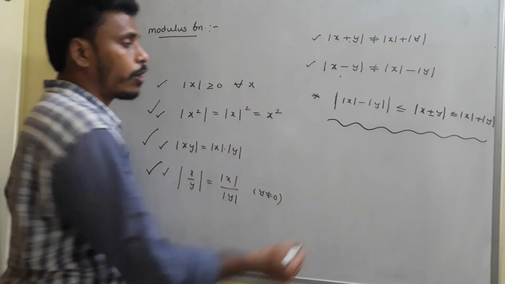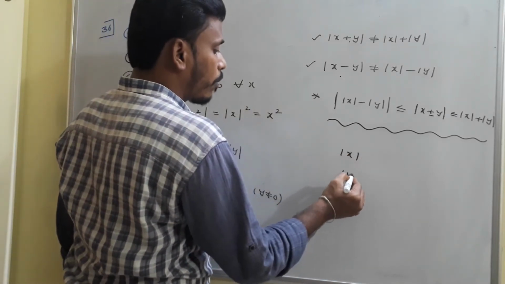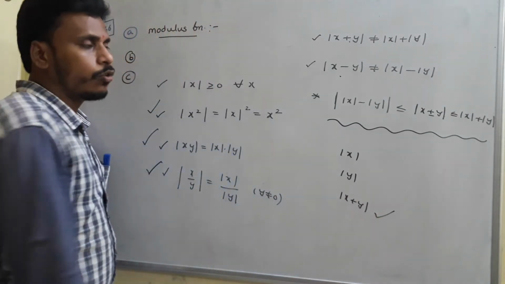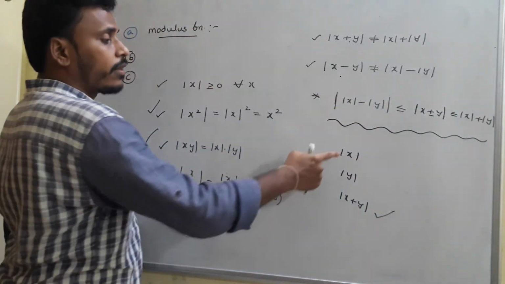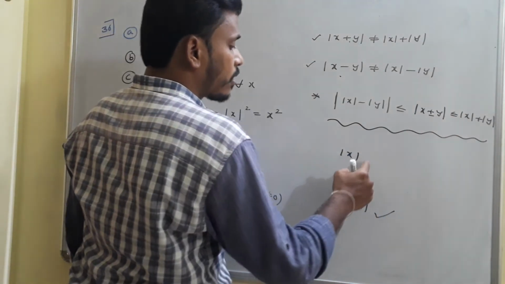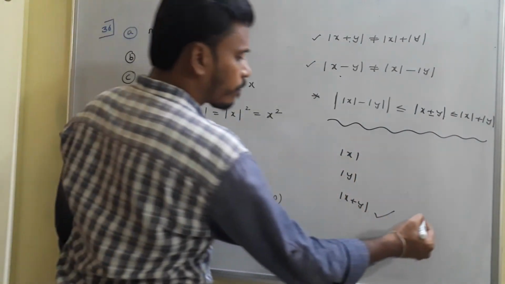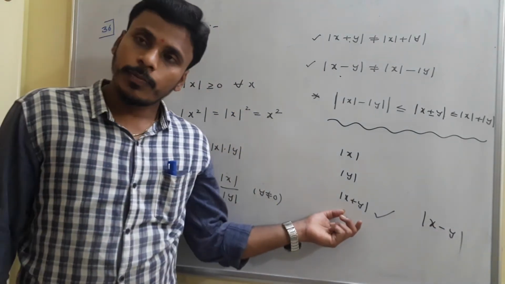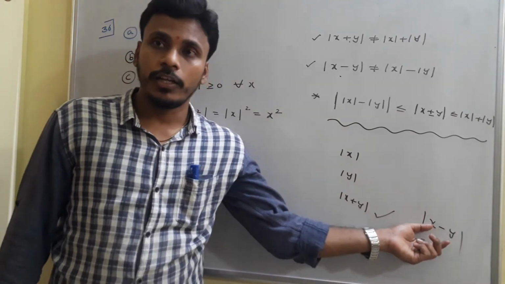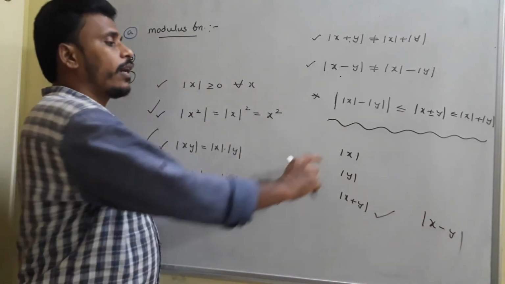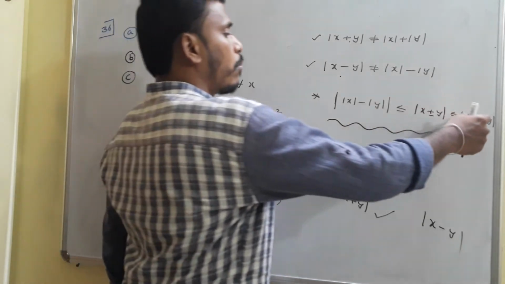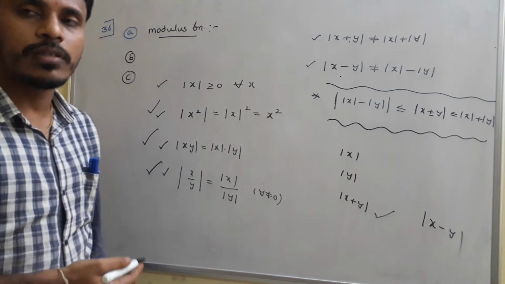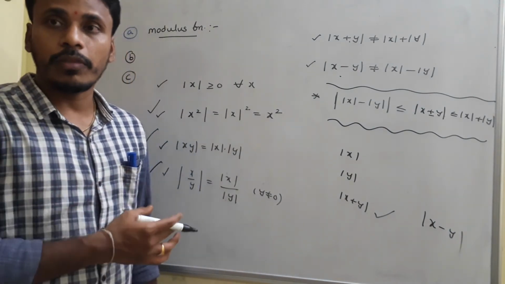According to the triangle inequality, if you take three moduli, mod x, mod y, and mod x plus y, this mod x plus y value is in between the difference of these two as well as the sum of these two. Not only mod x plus y but also mod x minus y. See, the mod x plus y value as well as the mod x minus y value always lies between the difference of these two moduli and the sum of those two moduli. This is specifically called the triangle inequality, and it helps you solve problems in some situations. Okay, this is something about the modulus.